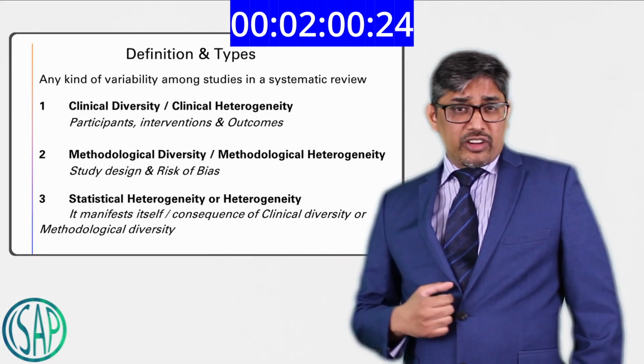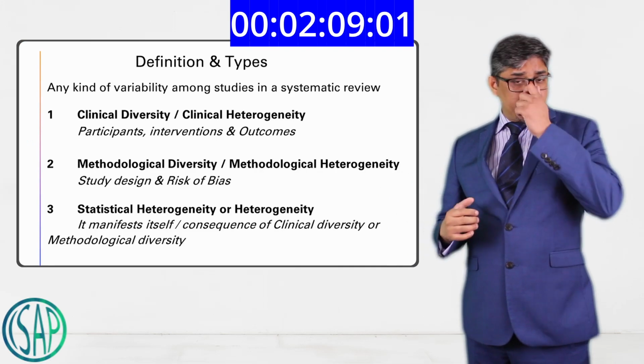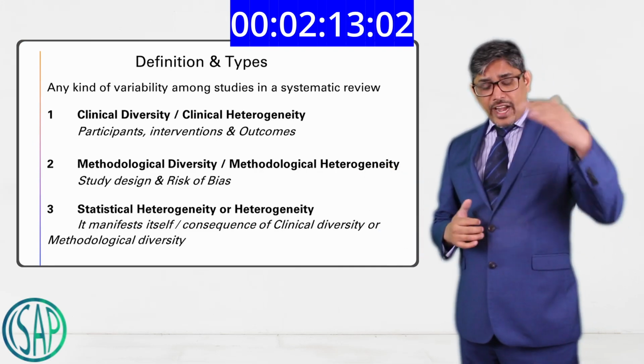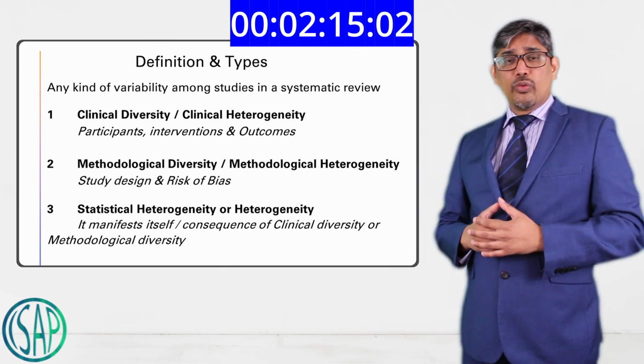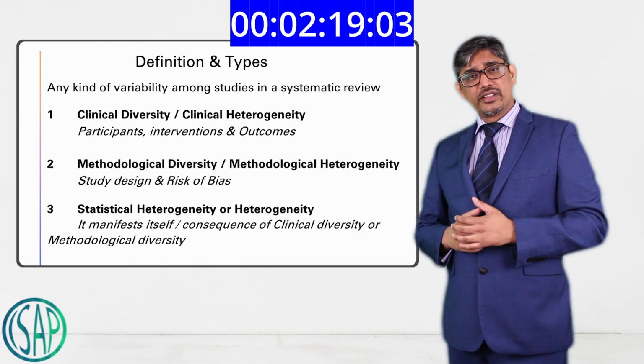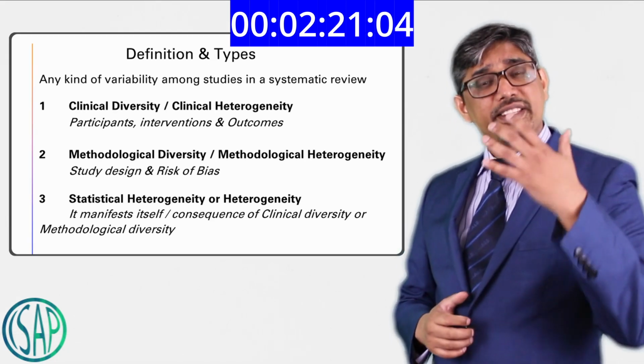Are we clear on this methodological heterogeneity? Not quite. So how does this risk of bias affect the heterogeneity? When you have different study designs and when you pool them together, randomized controlled studies will carry less risk of bias because of less risk of selection bias. Retrospective studies, there will be a selection bias.